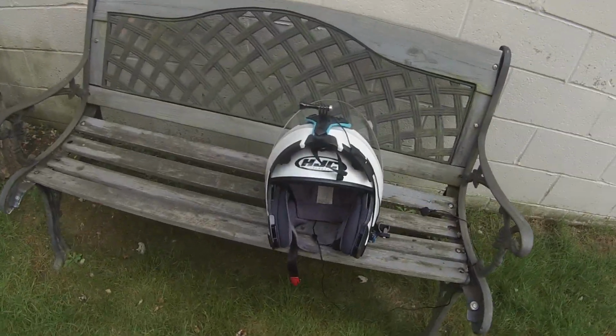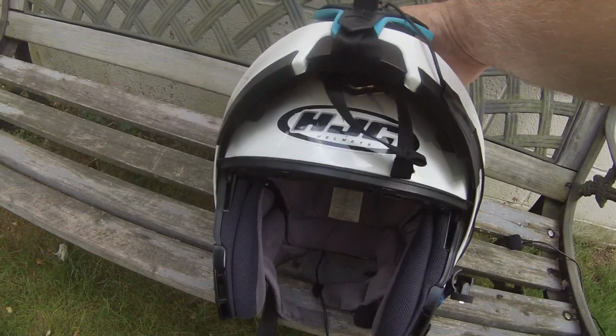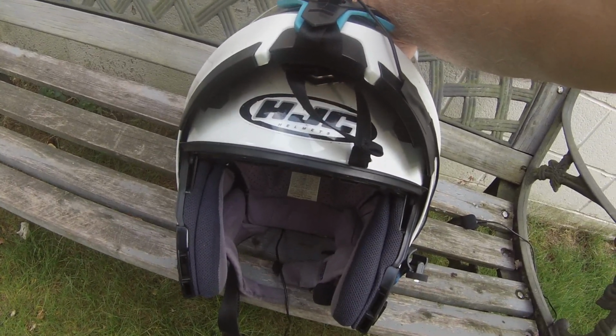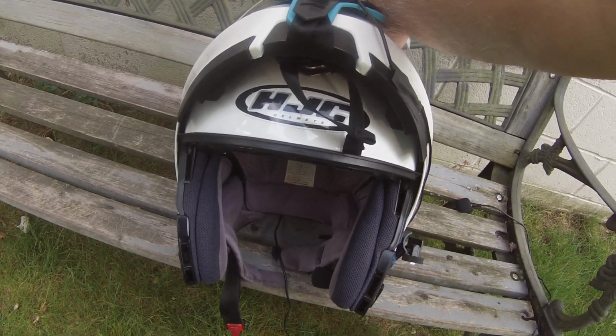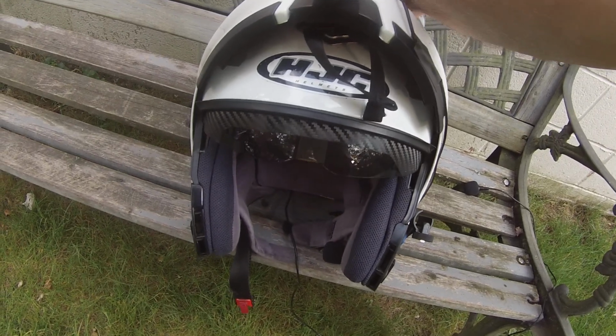And one other little thing. This helmet has a drop-down visor. I put a piece of, when you're driving into the sun, that is rough, even with sunglasses on. We don't have drop-down sun visors like cars and trucks do. So